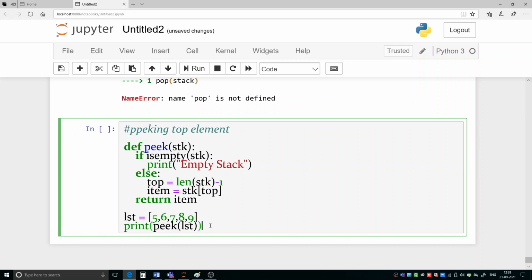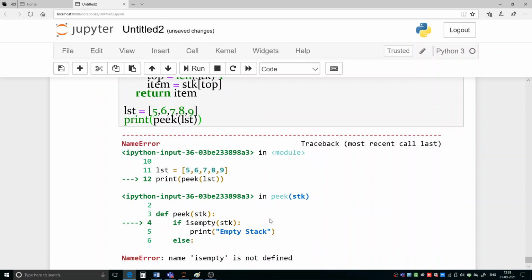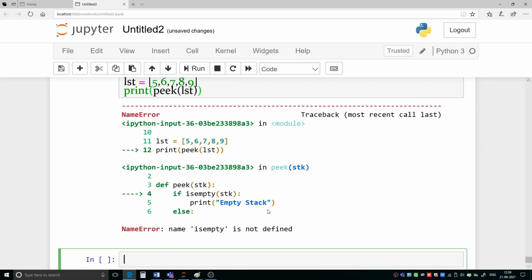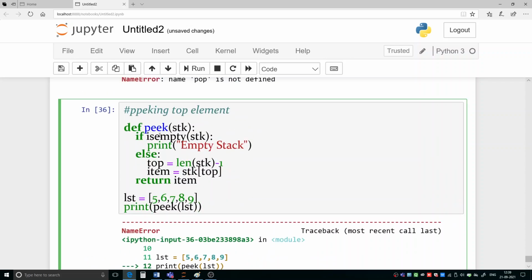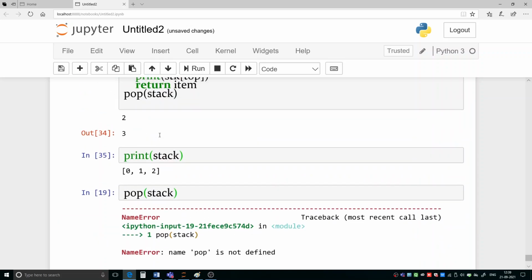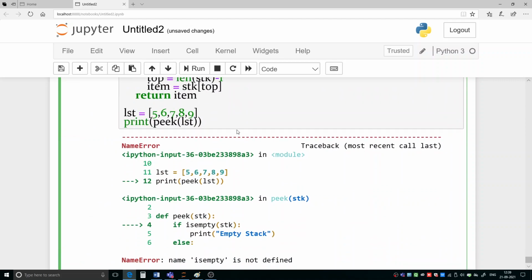So if you are executing it, then what is the problem? Empty stack is... oh sorry. Our function name should be is_empty, like that. Now we have defined it like this, is_empty.